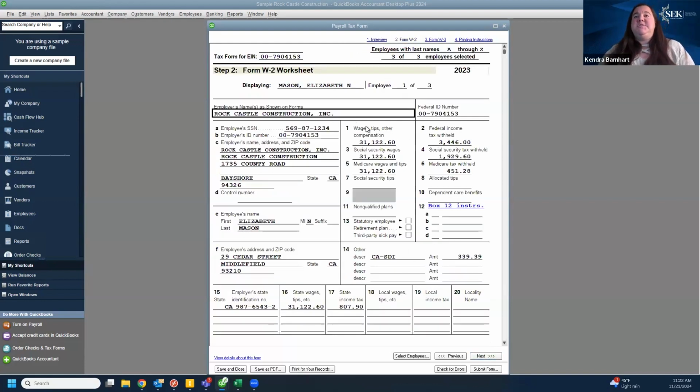We click next and we go into each individual W-2. So this here is all the information. I always suggest you go through and do a very quick overview on all of this. Box 14 is going to be where all of that information that we previously discussed is going to be. So your personal use of auto will go in here, your shareholders' health,